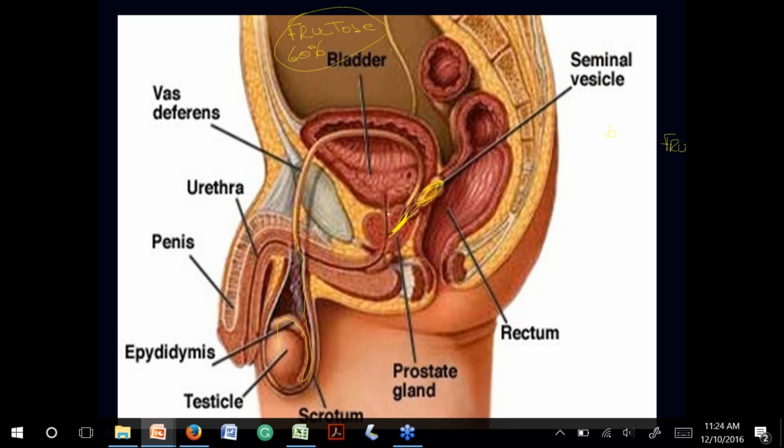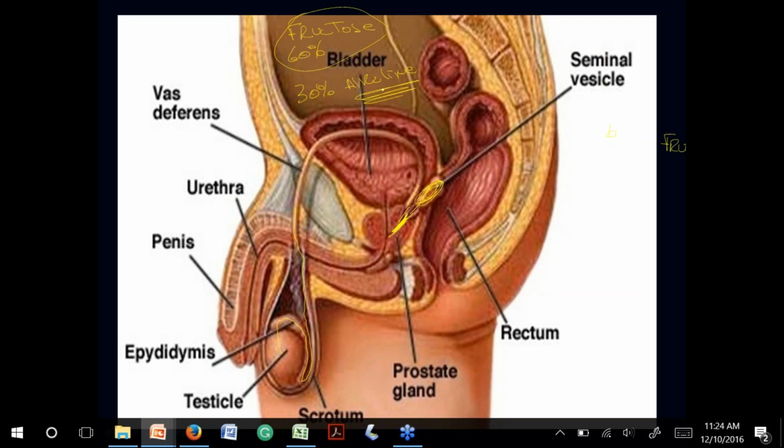But because it's passing through the prostate, that is called the prostatic urethra. Look at this, the location of the prostate is under the urinary bladder. This prostatic fluid is going to contain about 30% of the fluid, and it is going to be alkaline, very alkaline.